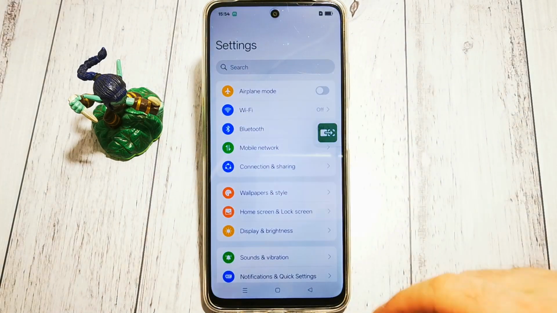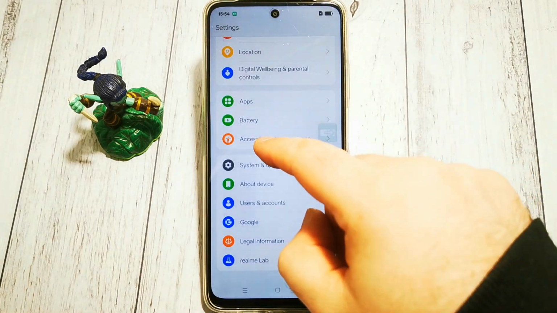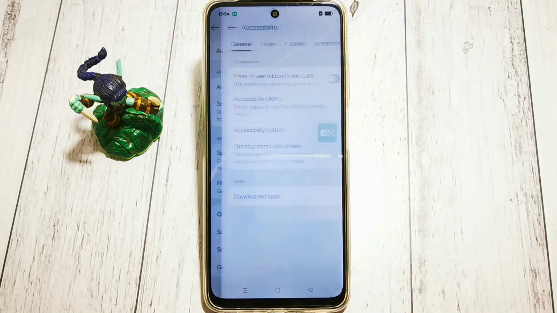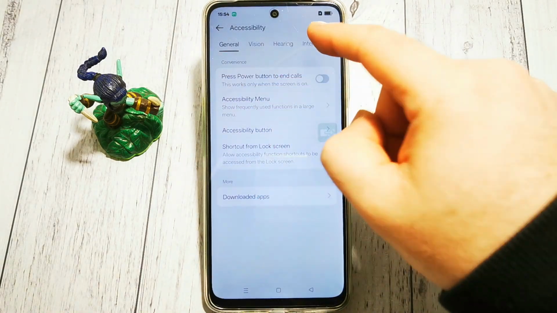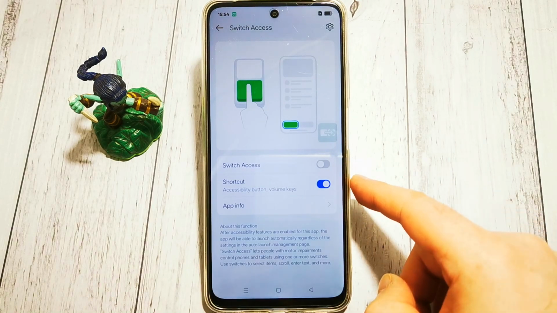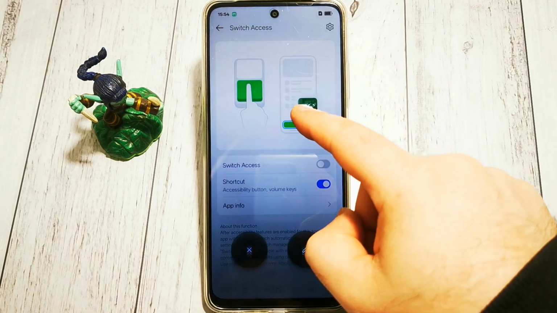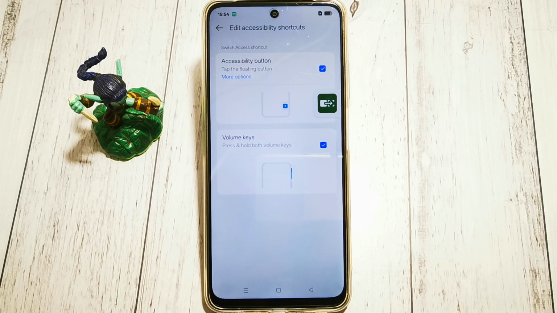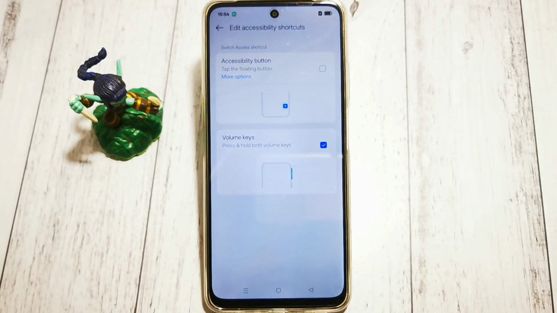First, we need to go to settings. Then in settings, we're looking for accessibility and convenience menu, then accessibility, and then in the interaction tab, we have switch access. Now we have enabled our shortcut. It's here, so we need to go to the shortcut options, then more options,